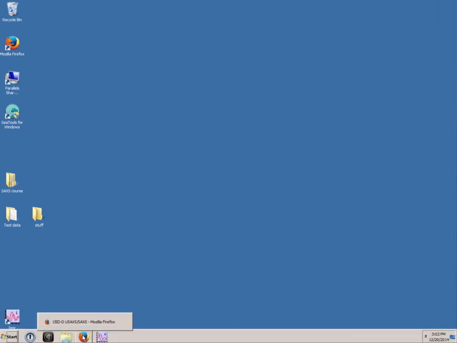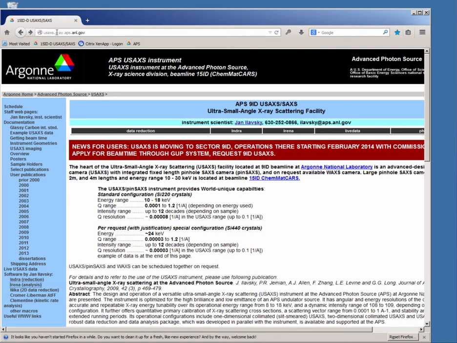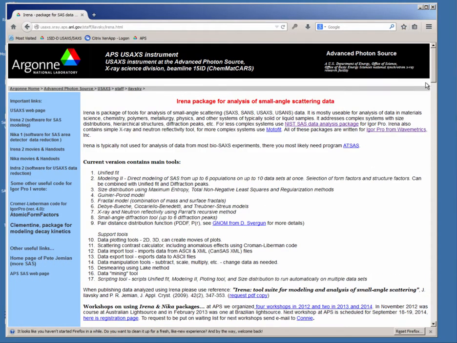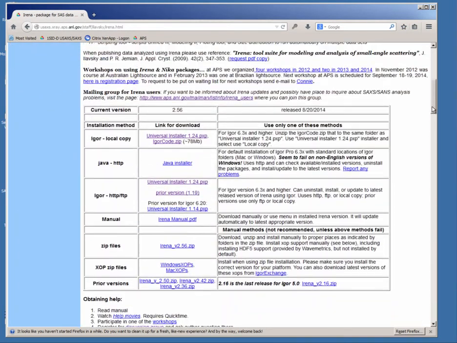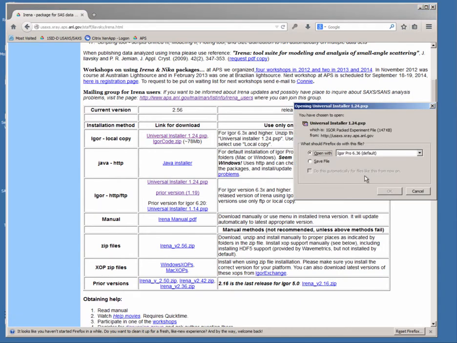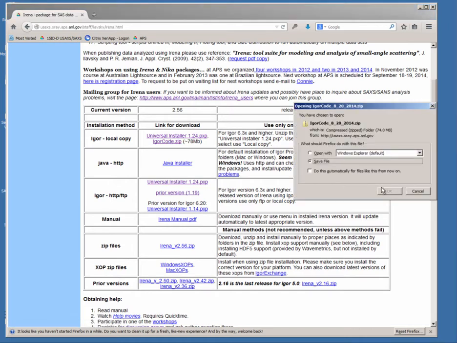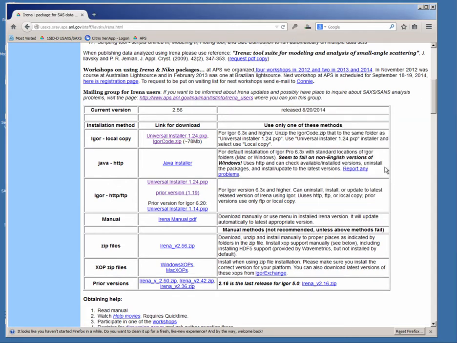So the first thing you need to do is go to usax.xray.aps.anl.gov, and then go to the Irena or Nika web pages themselves, and here you can download, this time, two files. We will need the universal installer, so let's save the universal installer, and then what you need is an Igor code.zip. This contains practically all of the installation files which we have available on our website, which otherwise you are downloading